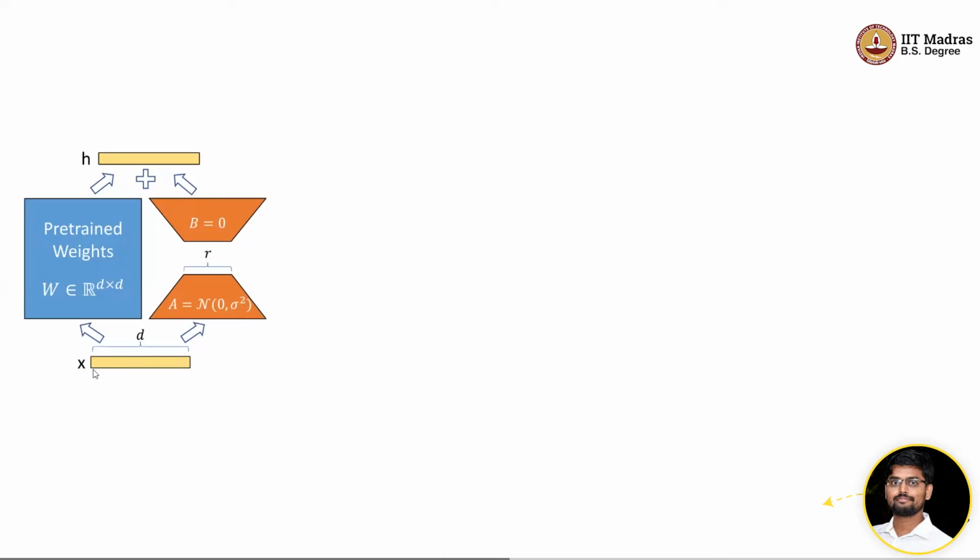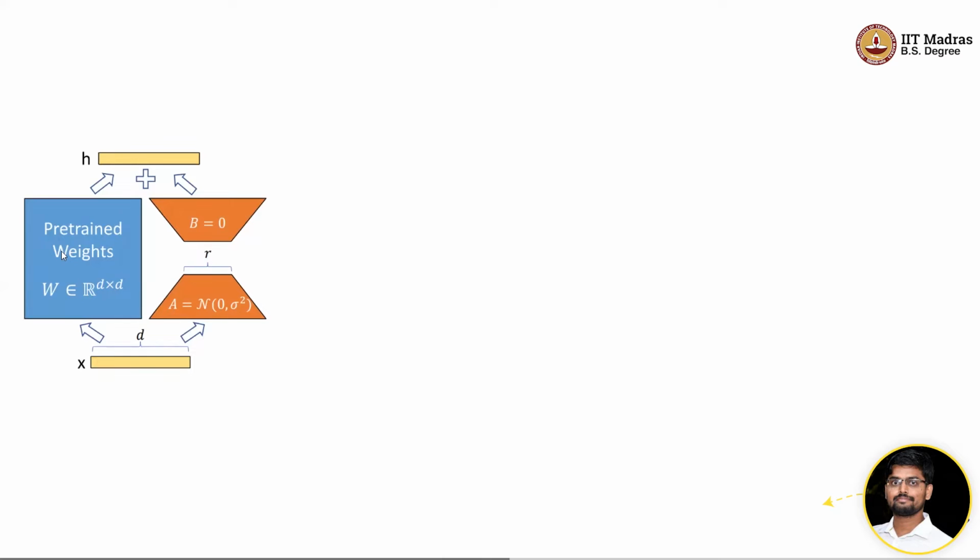You can see that the input is X with a dimension D. LoRA adds an adapter for each weight. Of course, we can customize it, whether we need to add adapters to the linear weights in the entire network or only to the projection layers in the attention heads. So we can control all this.